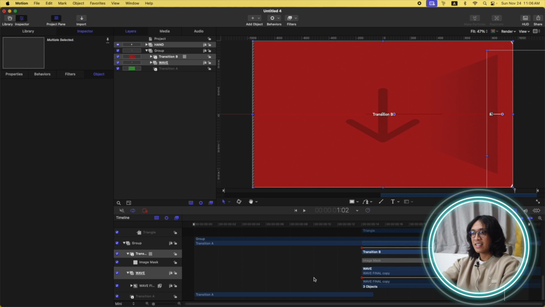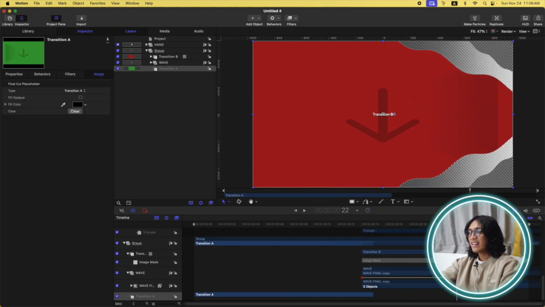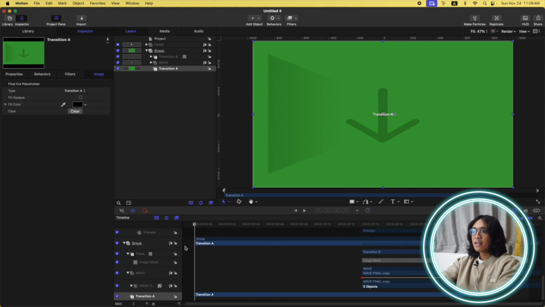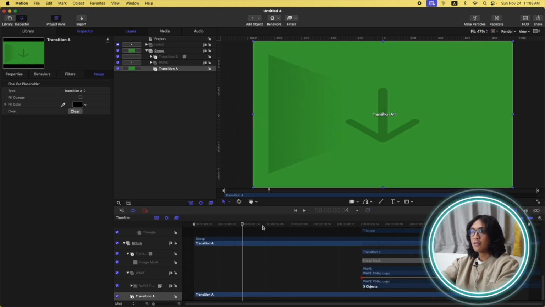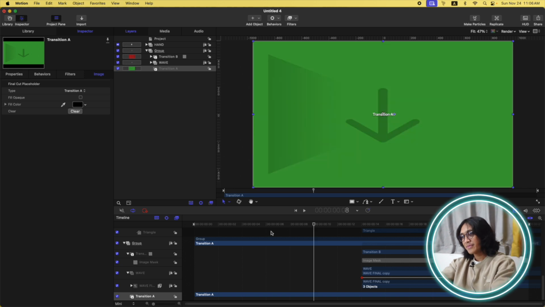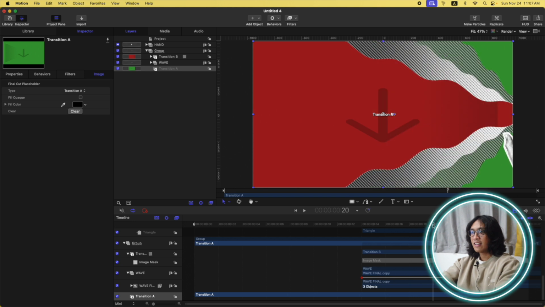So to solve this, very easy. We just need to extend our transition A until our transition B is fully finished. So around here, select your transition A, then press O on your keyboard. And if we go back to our first frame, we have something like this. Okay. It looks very cool. Then if we scrub through slowly,